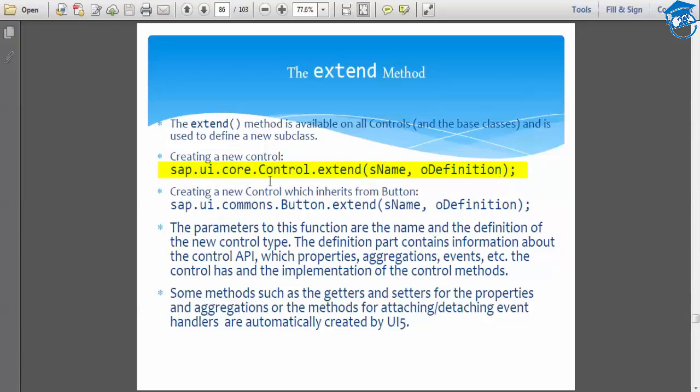If you want to extend a button control, how are you going to do it? Create a new control which inherits from button, that is sap.ui.commons.Button.extend. This is the extend keyword. The parameters for these functions are up to you. You can define your own control type and so on, and that will be your own API.